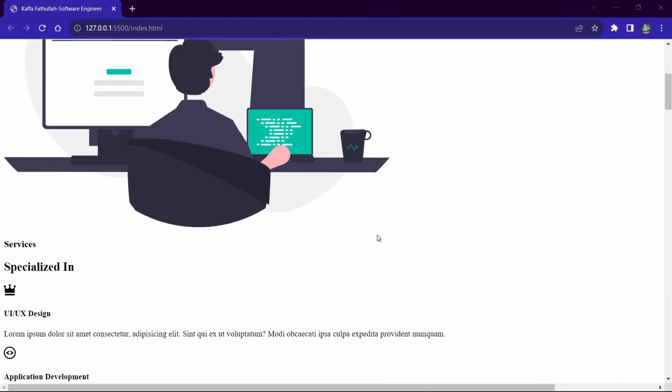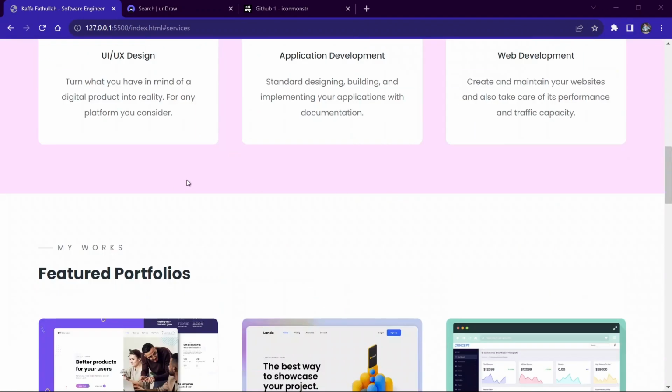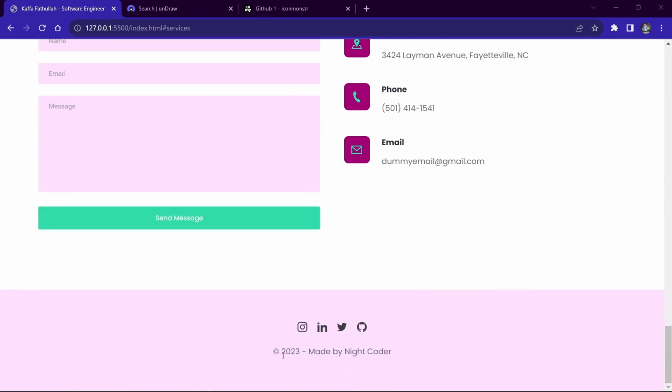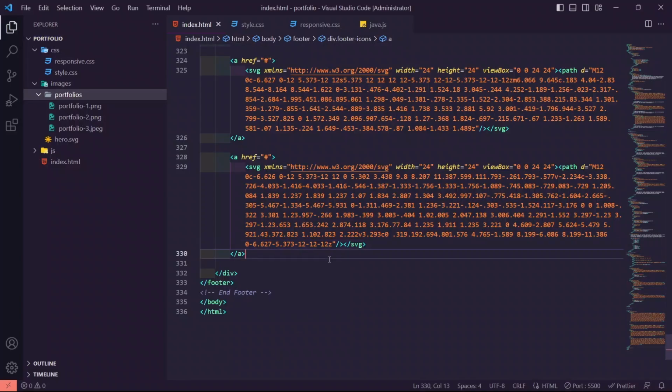Okay, let me check first. Services, we already input this. And oh, one last thing, this is the copyright logo. So still in the footer element, we need, here, after or below the div closing tag,